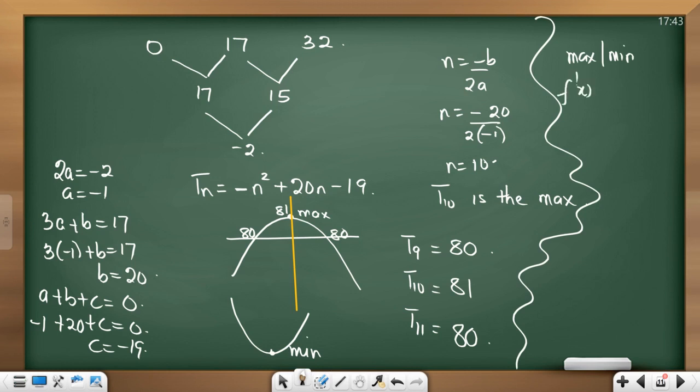The first derivative will be equal to 0. If I derive Tn with respect to n, let me create an expression. Deriving that with respect to n would be what? Minus 2n plus 20. I'm sure you can derive. And we said that should be equal to 0. So negative 2n